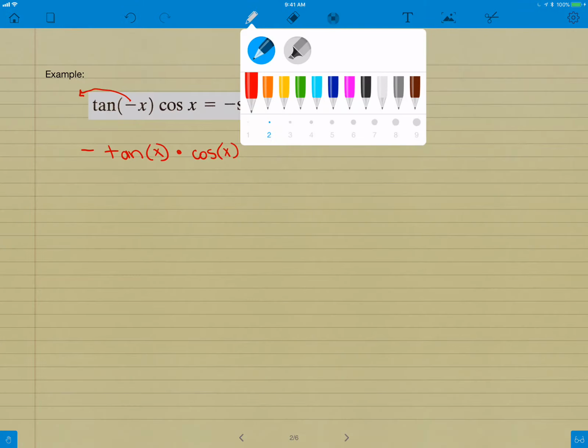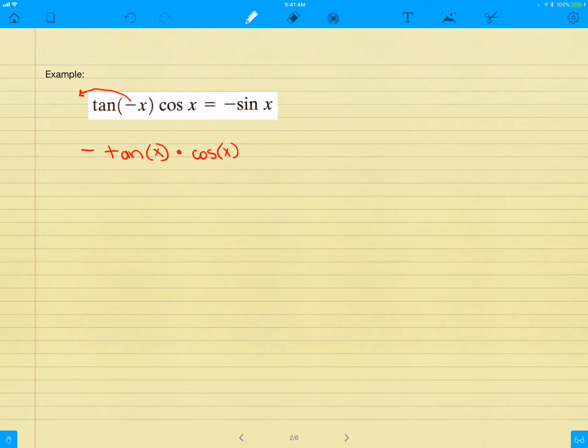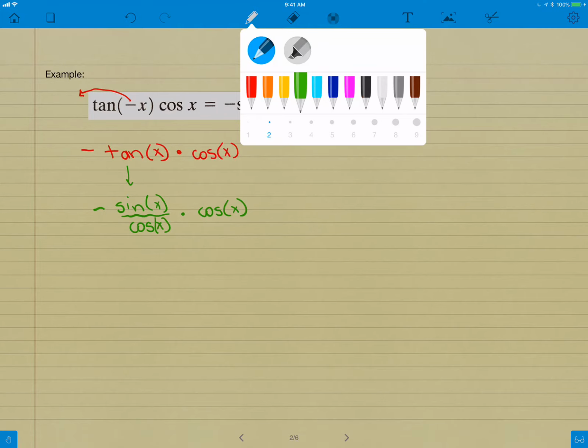Next, we're going to do a little substitution. So let me change my color here. We're going to take tangent and we're going to replace that with sine of x over cosine of x. And the negative sign is still up front, and we're still taking this times cosine. And then now what we need to do is multiply these together. Now when you multiply straight across,